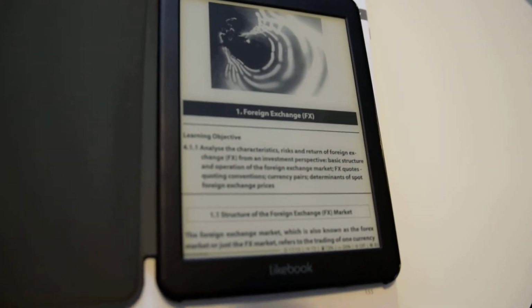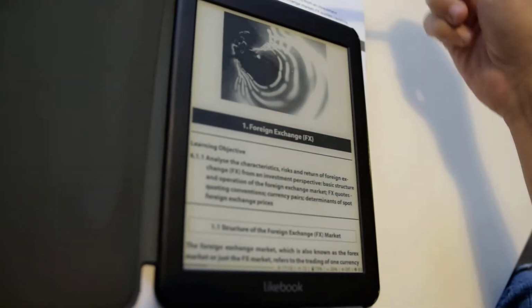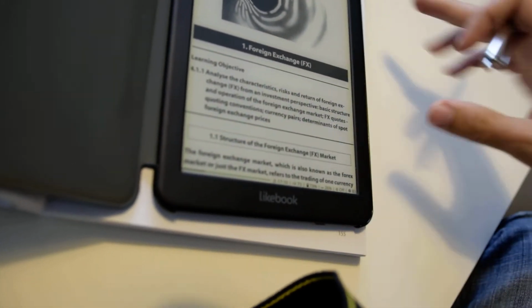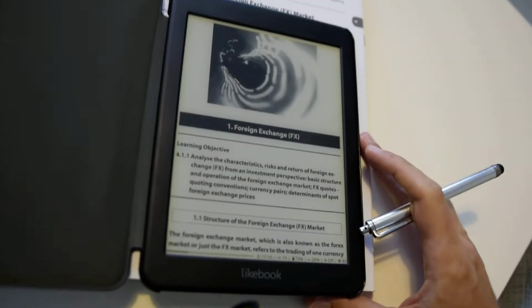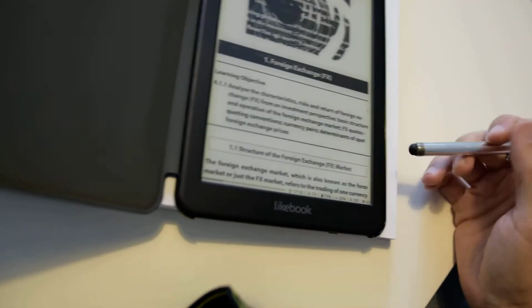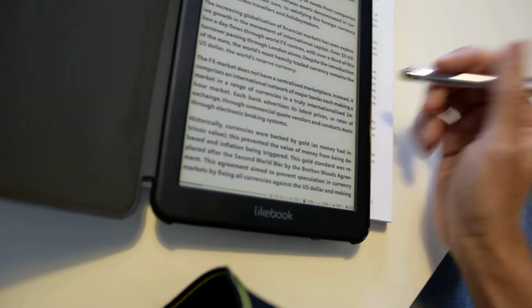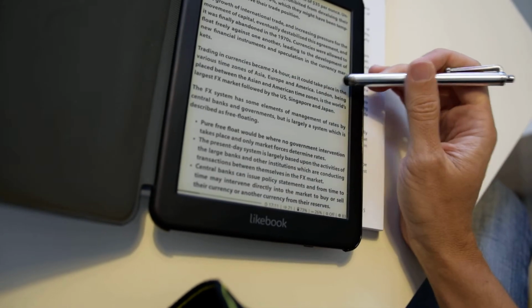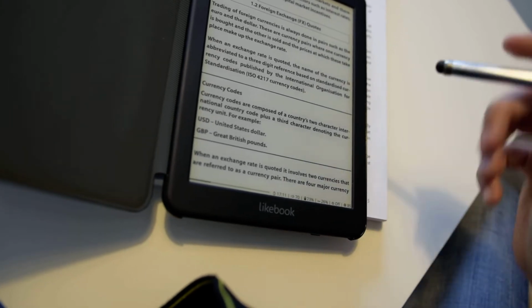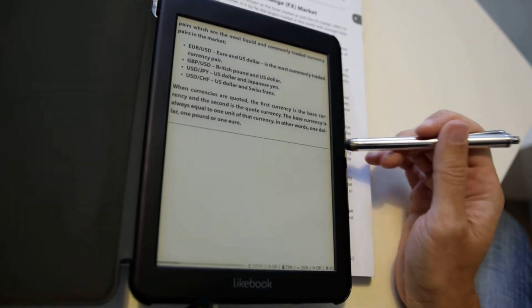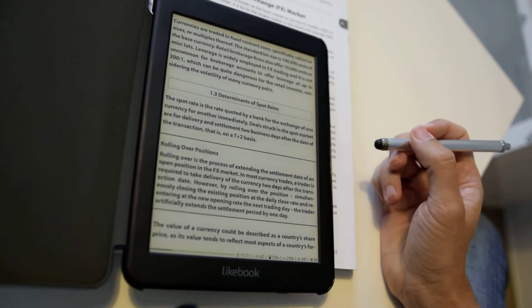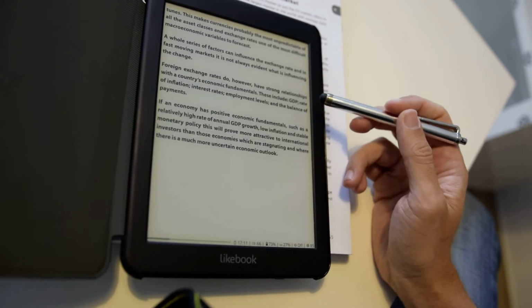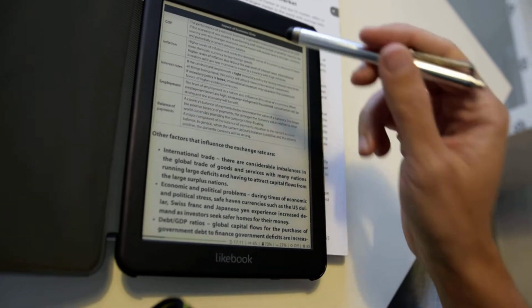So learning objectives, it's rendered properly. The page, of course, is smaller, and it is not exactly the same because, of course, it has to render everything on a smaller screen. I would say so far so good. It's not too bad. Okay, now let's go forward. Structure, foreign exchange quotes. Okay, nothing difficult here. Currency quotes. Okay, nothing difficult. Okay, here we've got a table,